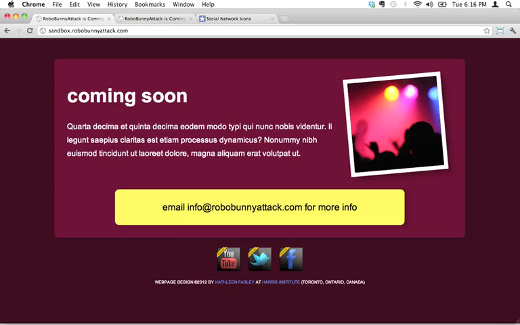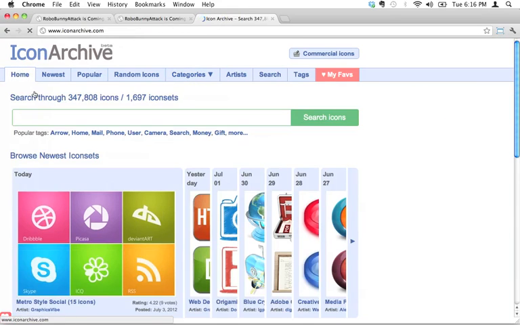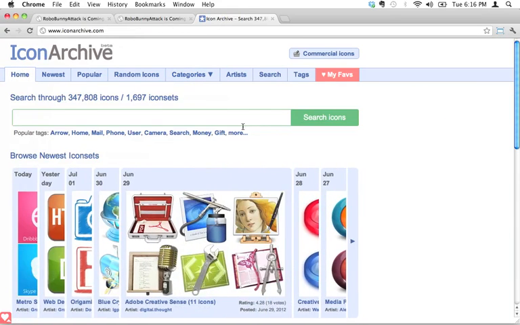So you might be asking yourself, how do I find these really nice looking icons for my website? And I'm going to tell you how. Google is your friend. You can do a Google search. This is a website that I really like. It's called iconarchive.com. And if you just go to iconarchive.com, they actually have tons and tons and tons of different